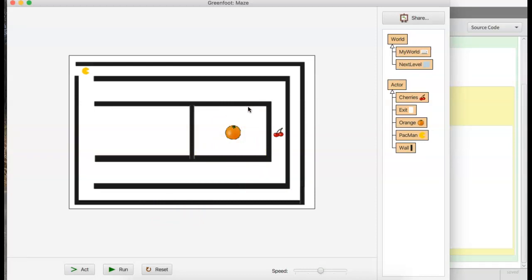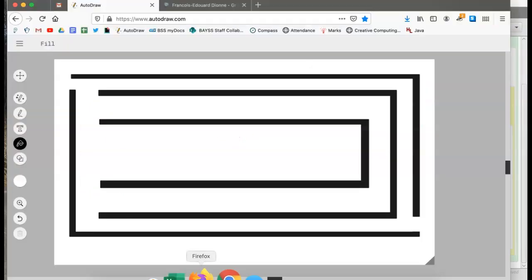Now what I'm going to do in this little video tutorial is show you both methods, because what I've done is I've kind of combined both of those. So I'm going to show you how mine works first. And basically what you're seeing here, you have to look carefully, is sort of the image I drew. So here's the image I drew, but notice there's a hole here, and also notice that there's no line in the middle. But if you go look at my Greenfoot game,